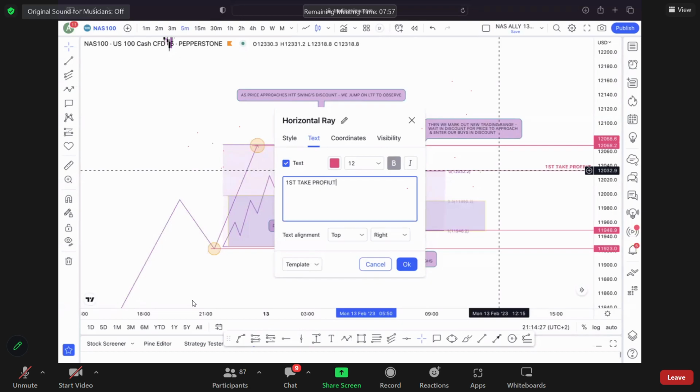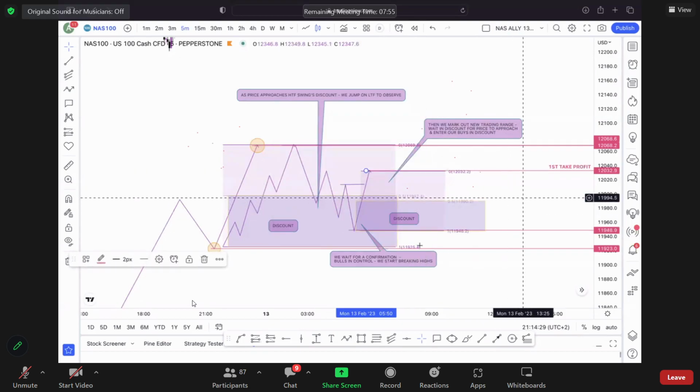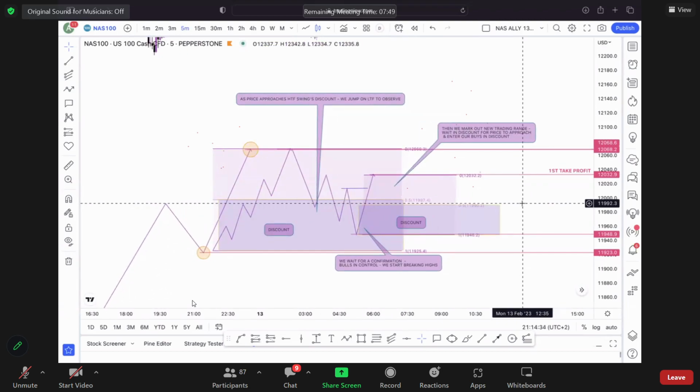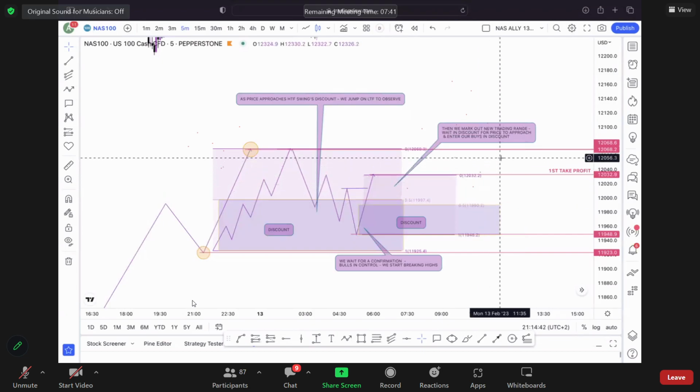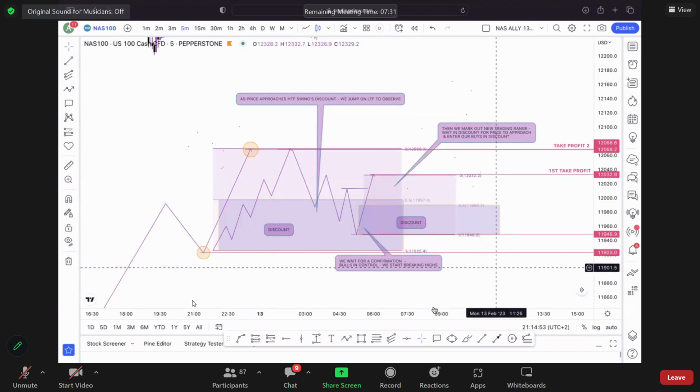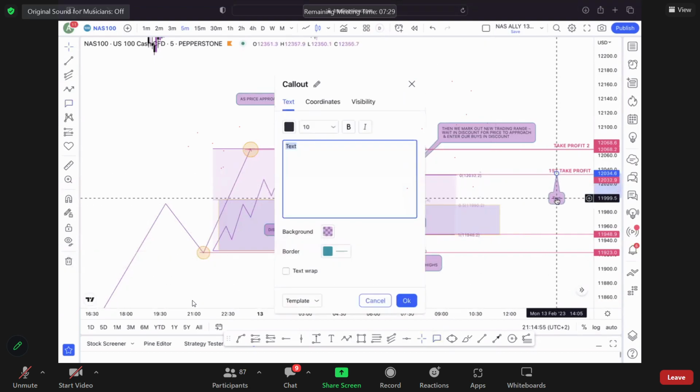So Ali, do you always focus on the first structure, then take most of your profits and just leave runners? Yeah, I take 80% off the table, depending on what range I'm trading. For example, I'll give you an example. This is take profit 2. Okay, so at take profit 1, this is where you need to take partials, closing some of your positions off the table.